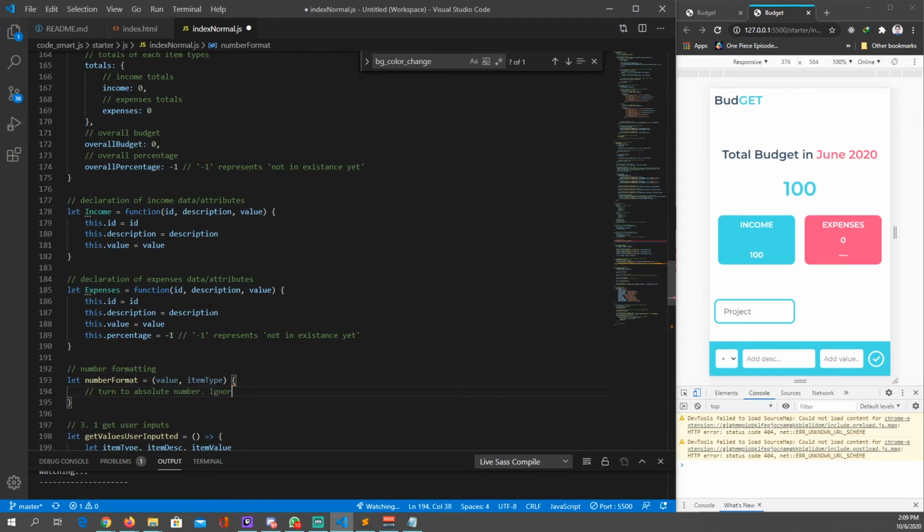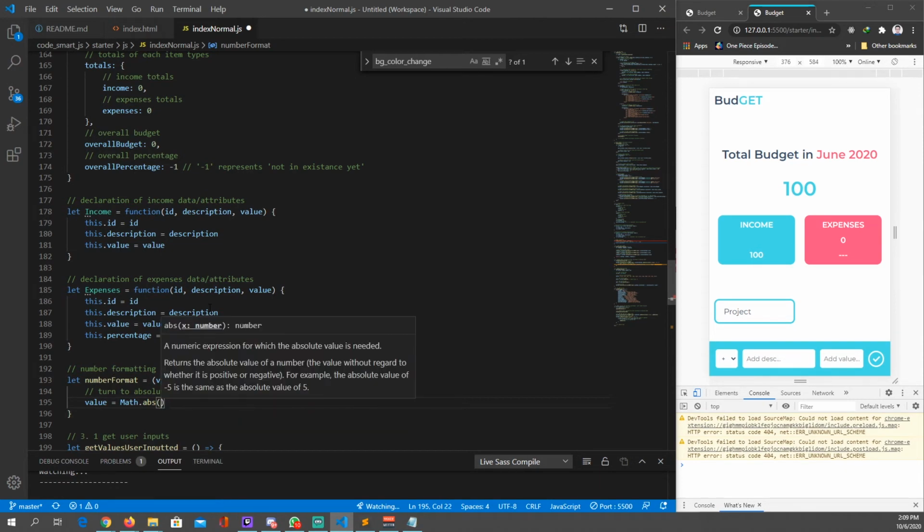Basically, we're gonna ignore the plus or the minus sign. Basically, if the number is positive or negative, it doesn't matter. We're gonna make it an absolute number. So we change it to an absolute number first,